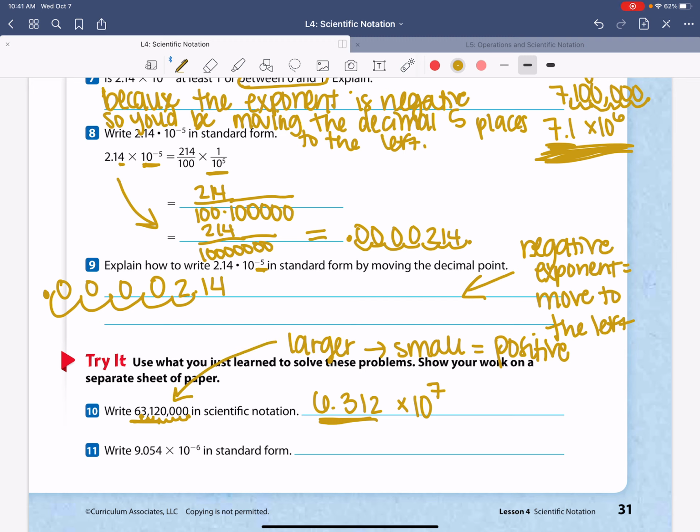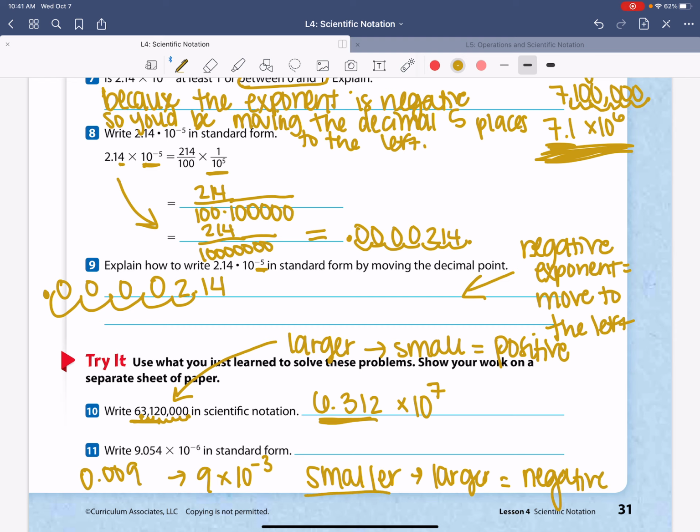But then if we need to go from a smaller original to a larger number, like if we're going from something that's like 0.009 to 9 times 10 to the negative third or something, then our exponent would be negative, because we're going from a small original to a large factor. All right. And then number 11 says write